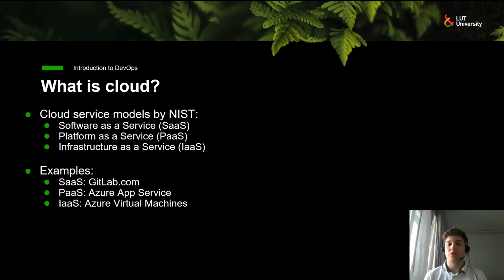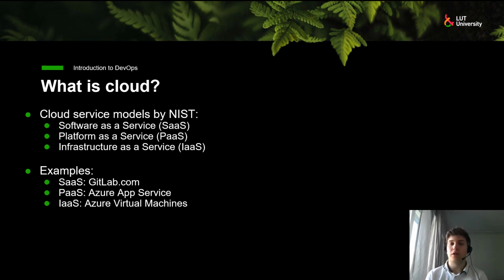Then there is this platform as a service model. An example of that is the Microsoft Azure App Service. Platform as a service means a service where the user can use the platform to run his or her own application.